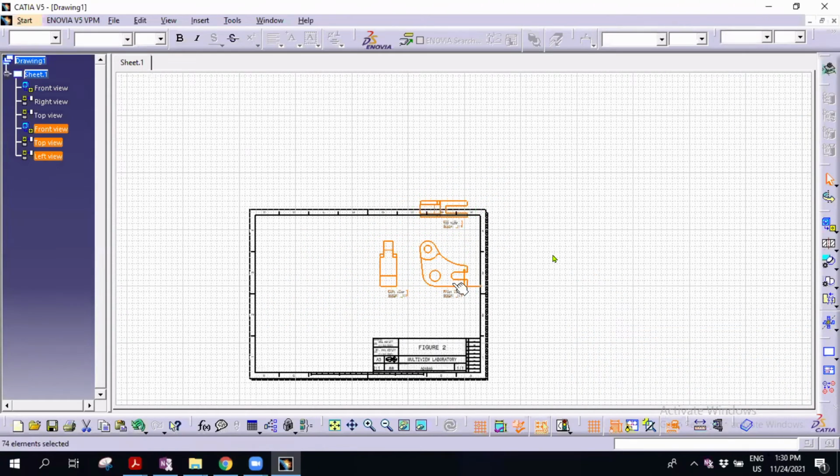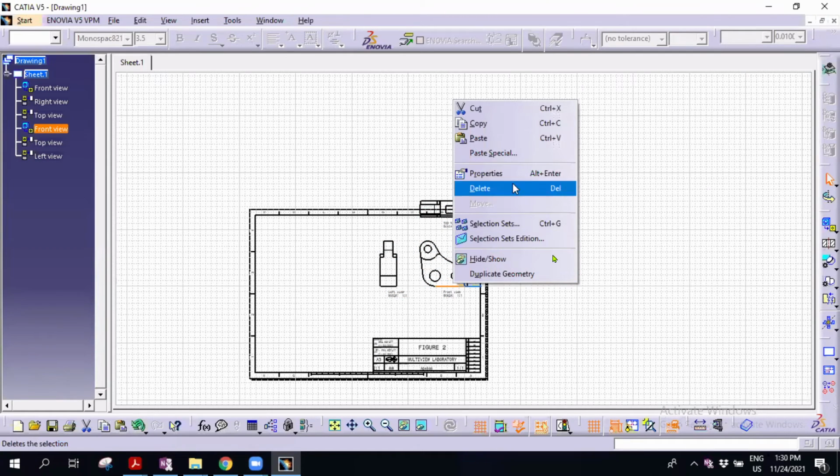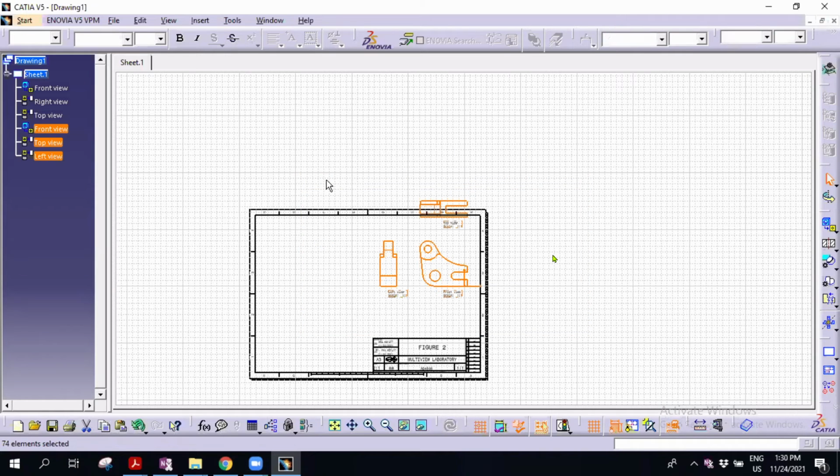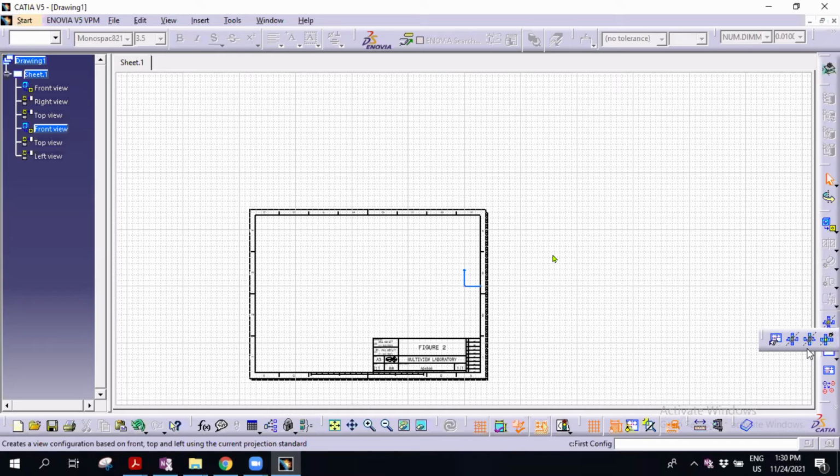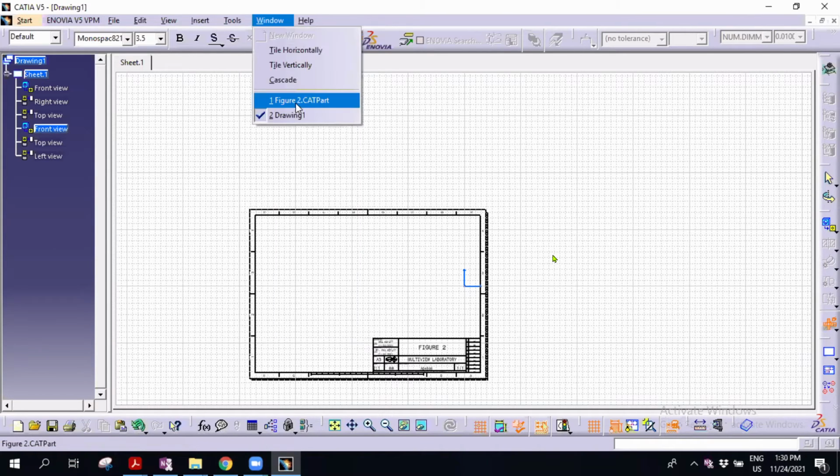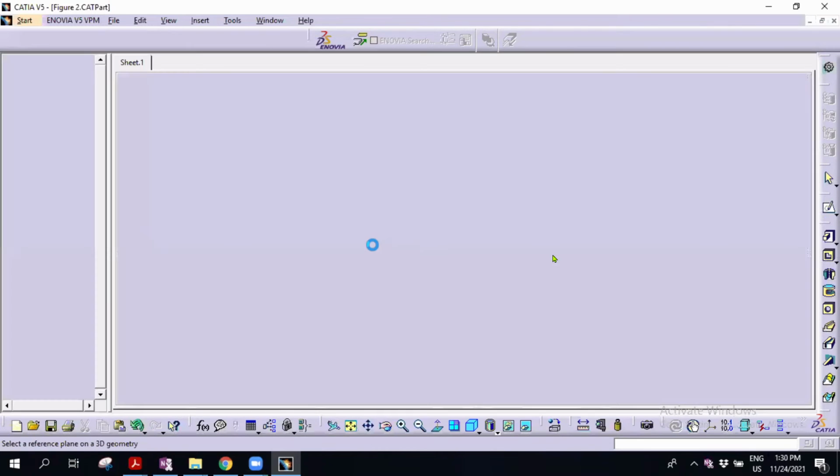Okay, good. Again, you can also use this one, all views. Then you delete the main one, all views. You select this one. This is another method: select the front view.